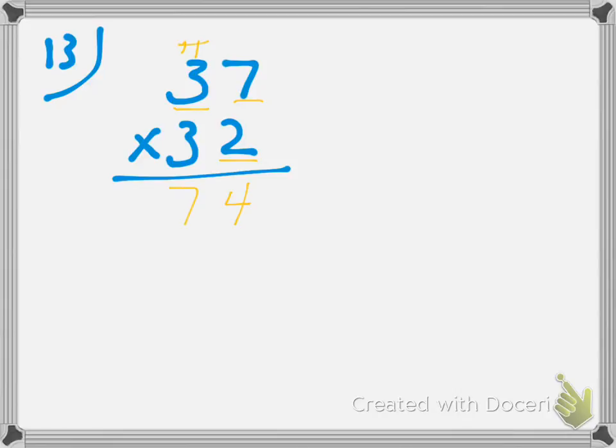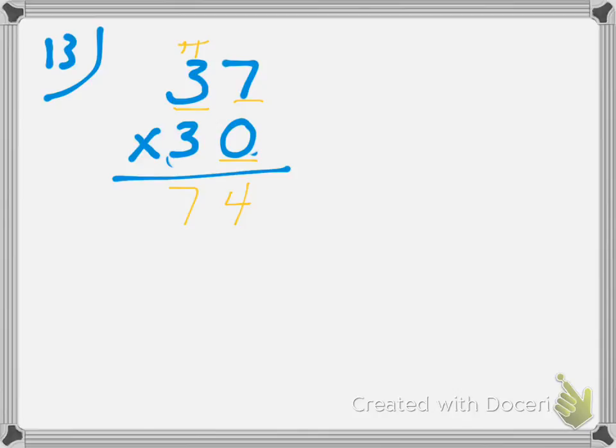So I always kind of cross that out so I know that I've used it. So right now I've just done, actually, the problem 37 times 2 and got 74. And so now I've already finished multiplying by the 2, so now I'm actually going to look at this problem as